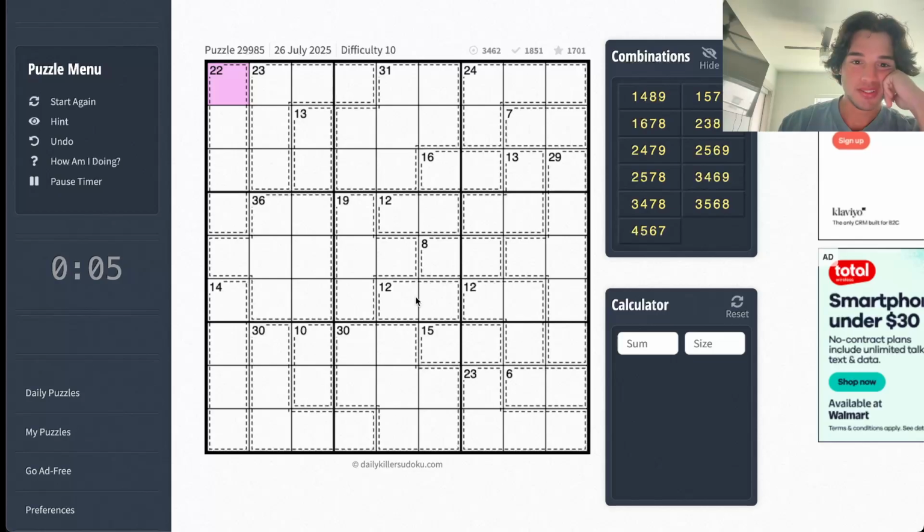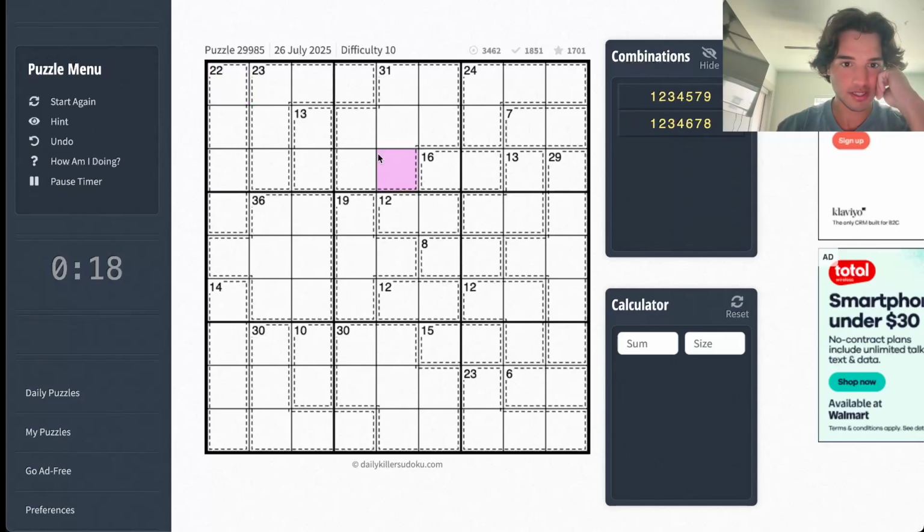And so to start out, I'm just going to take a quick look around. I'm going to explain the steps a little bit more for these 10 out of 10s. So I'm just looking for ways to cut up the grid, the classic 45 rule we can see here and